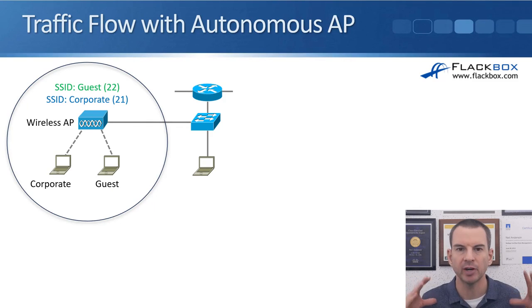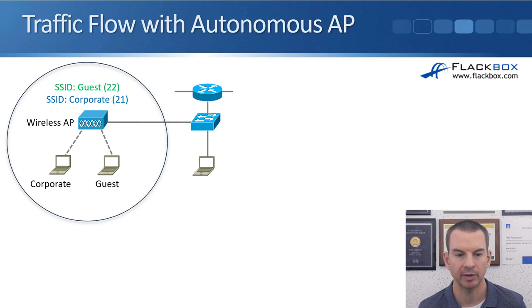Okay, so before I show you the configuration, there is a difference depending on whether it is an autonomous or a lightweight AP. So let's review the traffic flow again so you can understand why we do have that difference. And I'll start off with the autonomous AP. So you can see in our example here, I've got a couple of wireless LANs, the guest WLAN and the corporate WLAN. And we've got a wireless AP with a couple of clients connected in there,